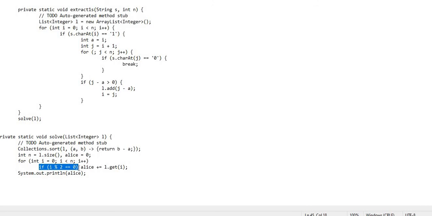That's why this modulo 2 operation is performed, and for every index where modulo 2 is equal to 0, I add the value at that list index to the Alice count, and finally I print this value. If you run this solution or submit it on Codeforces, it will pass all the test cases and you will get accepted.